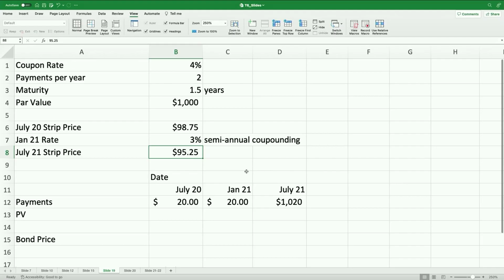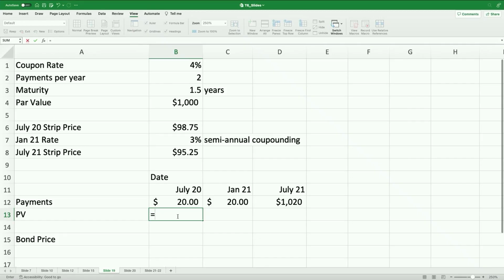Okay, so here is the stream of payments that we just laid out. Remember what this coupon bond promises. The coupon bond promises $20 in 6 months, that would be July 2020. Another $20 in a year, that would be January 2021, and $1,020 in a year and a half, that would be July 2021. So to get the price of this coupon bond, we're going to have to calculate the present value of each of these components. Okay, so let's do it.